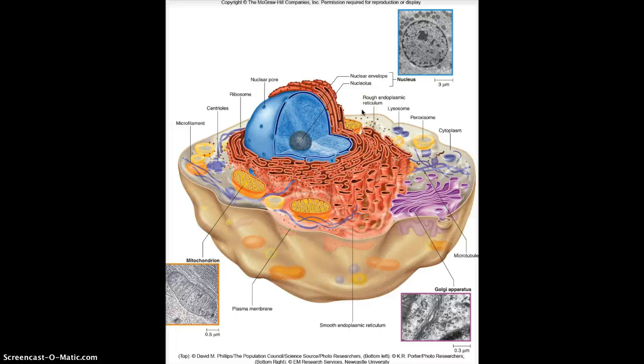Okay, we're going to go over some of the components of an animal cell. So let's start with the outside boundary of the cell. That is called the plasma membrane. The plasma membrane is a double layer of a type of lipid that is called a phospholipid. It regulates material that goes into and out of the cell, and the plasma membrane allows cells to communicate with